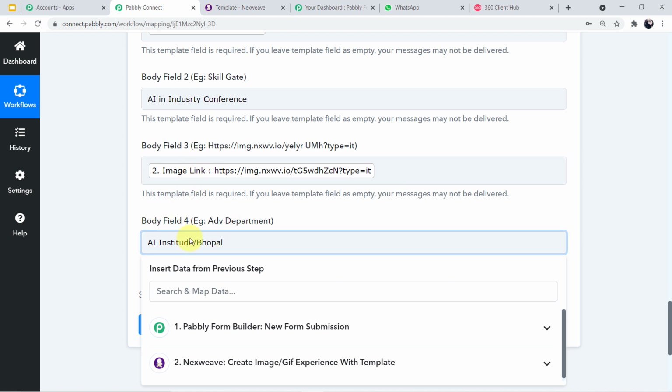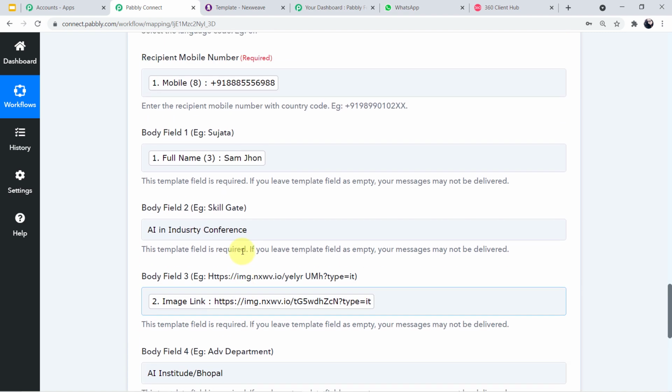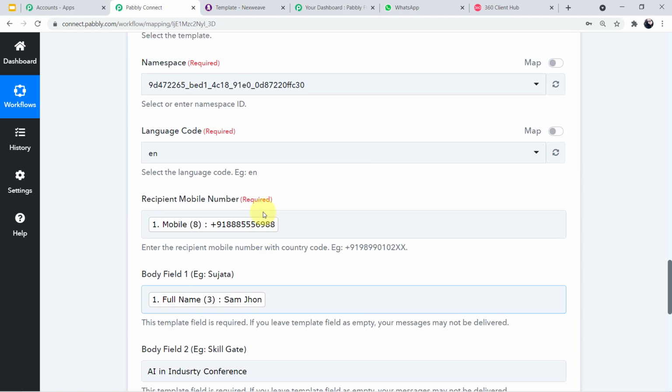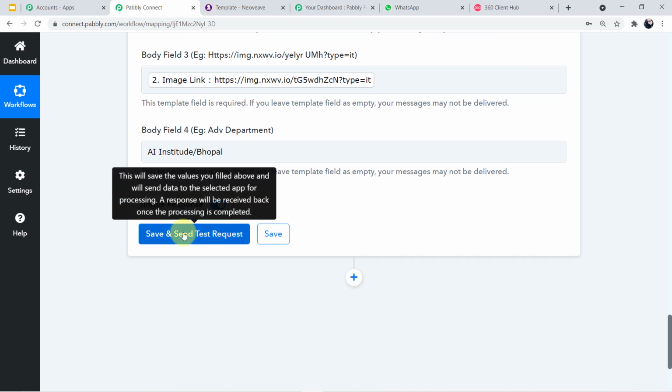Okay, so this is the particular department name. So we have successfully filled up all of the body fields and the rest of the required fields here, you can see. Now we will simply click on save and send test request, and we will see if the participant has received any WhatsApp message or not.